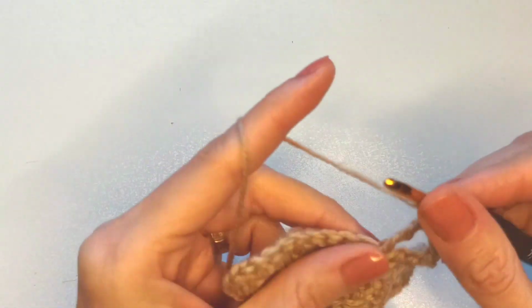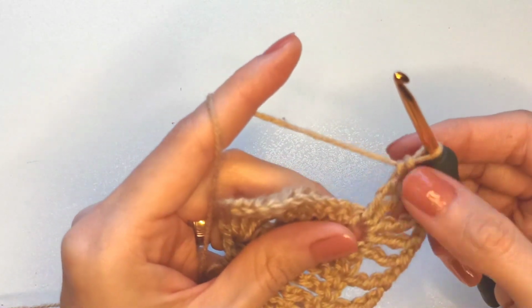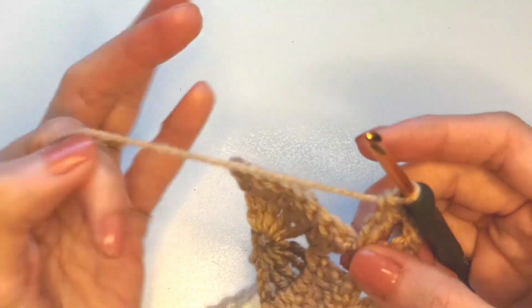Chain 1, yarn over twice and make 1 more treble in the same space. So we make again here 4 treble, but between them 1 chain and the corner 2 chain. Okay. Chain 1, yarn over twice